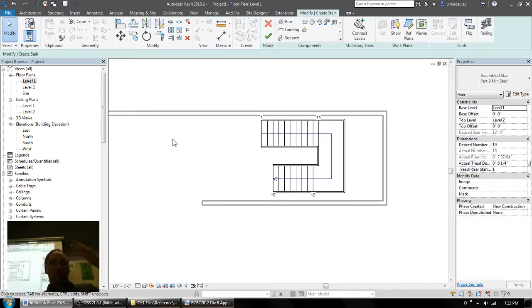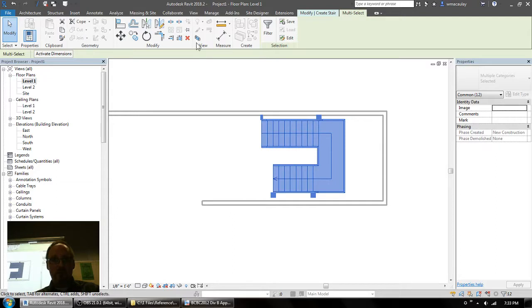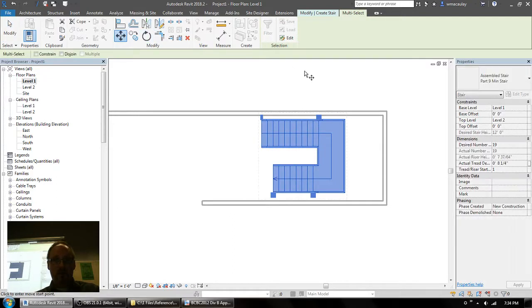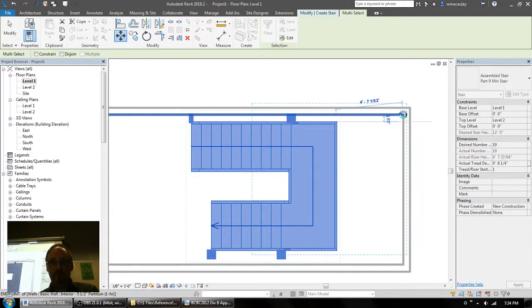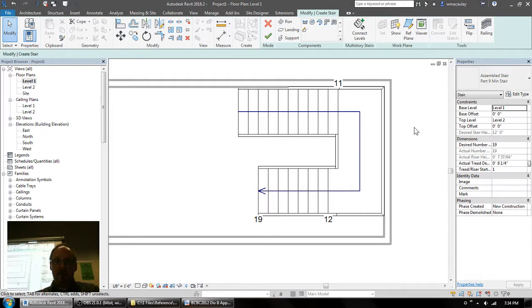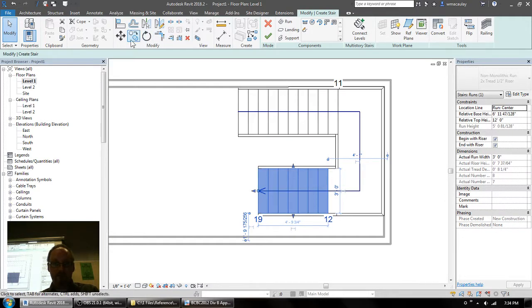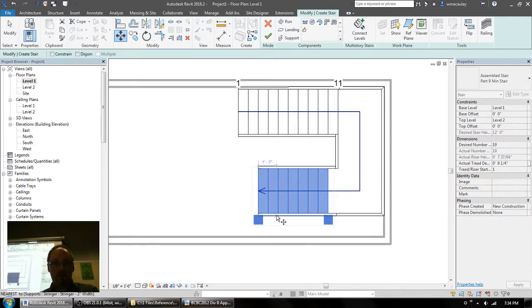So you started to create your stair, but you want to make better use of the enclosure that you are within. So while you're creating the stair, you can go ahead and grab the stair and move it, select everything, and move it into the corner of the stairwell that the stair is within. Now what I want to do is move this flight over so it's against the wall, and my landing will automatically adjust itself. So I grab the flight, use the move command, and move the stringer over so it's against